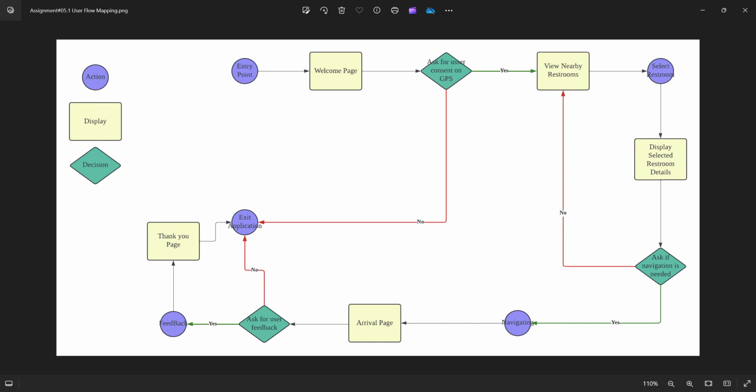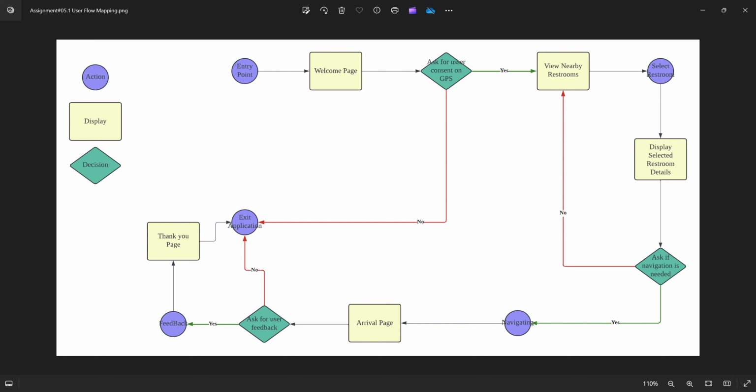A map will show up. Imagine there's a Google Map, and there's this button called Find Nearby Restrooms. If the user clicks it, it will lead us to the next page, which shows different kinds of restrooms that are nearby, followed by this detail button on the right of each restroom option. If the user would like to see the details of this restroom, if I click this, you will go to the next UI,